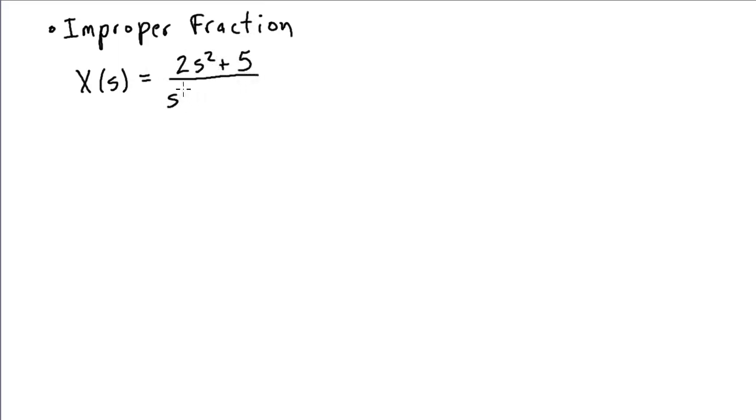So here's an example in which the numerator and denominator are of equal order, and I can factor the denominator, in this case as s plus 1 times s plus 2,